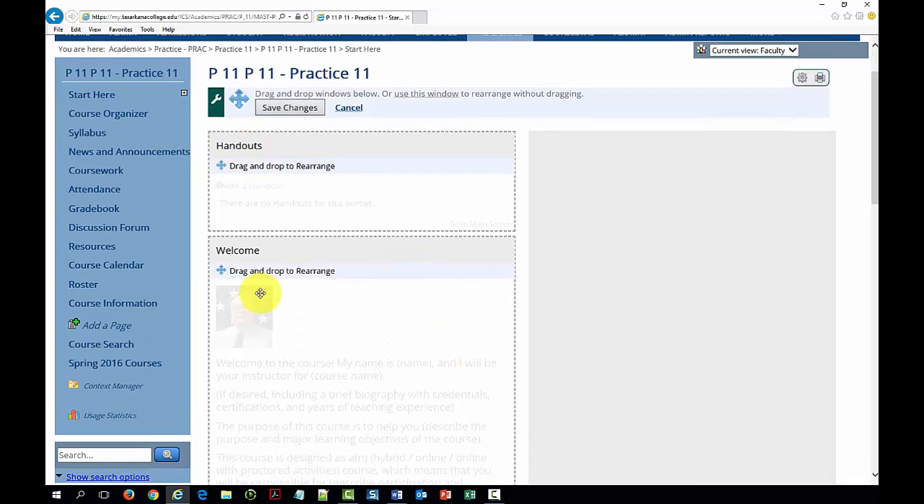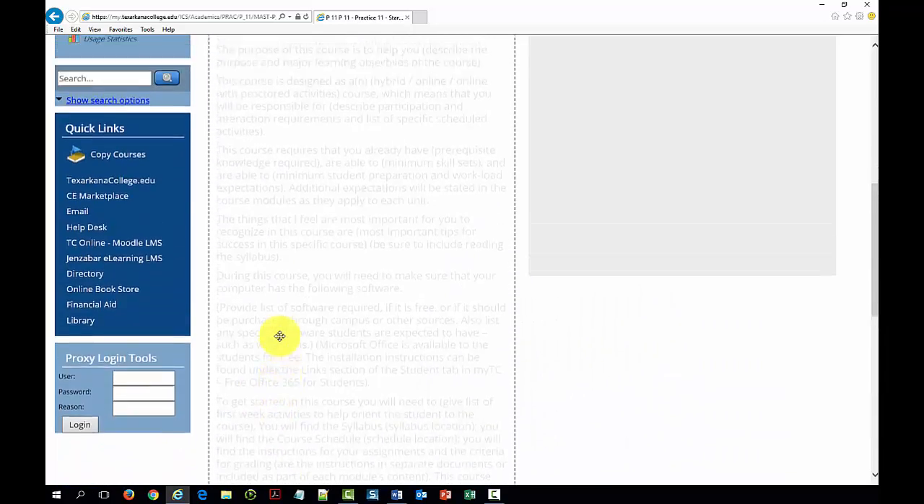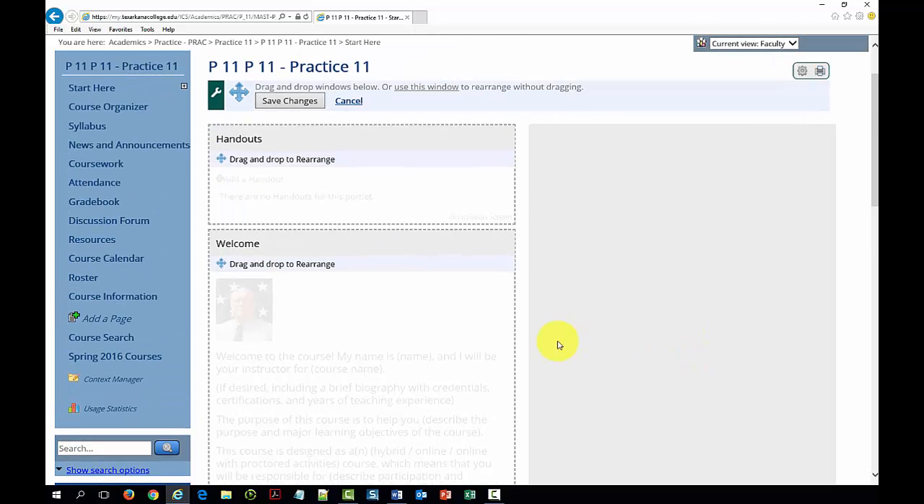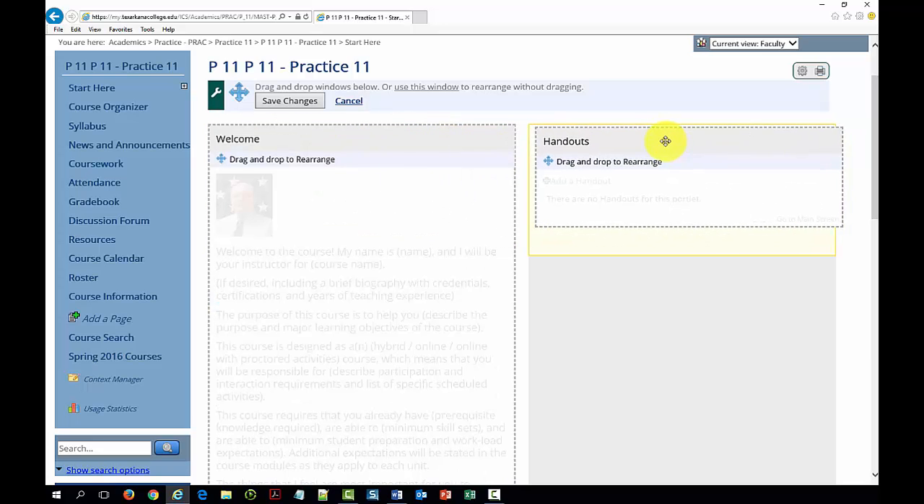I have my handouts, my welcome, and the bookmarks are at the bottom. But notice I do have this other column over here that's not being used. So I want to keep the welcome over on the left, and I want to put everything else over on the right. So I can grab my handouts, scoot them over to the right hand side,